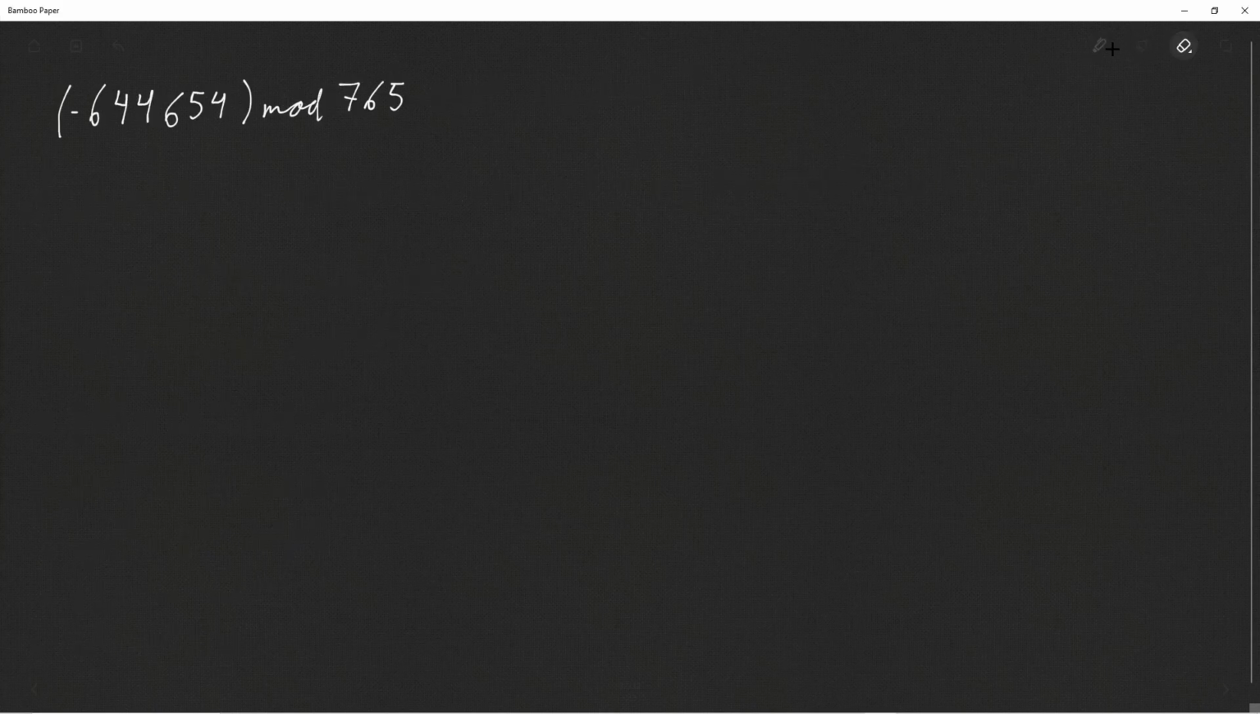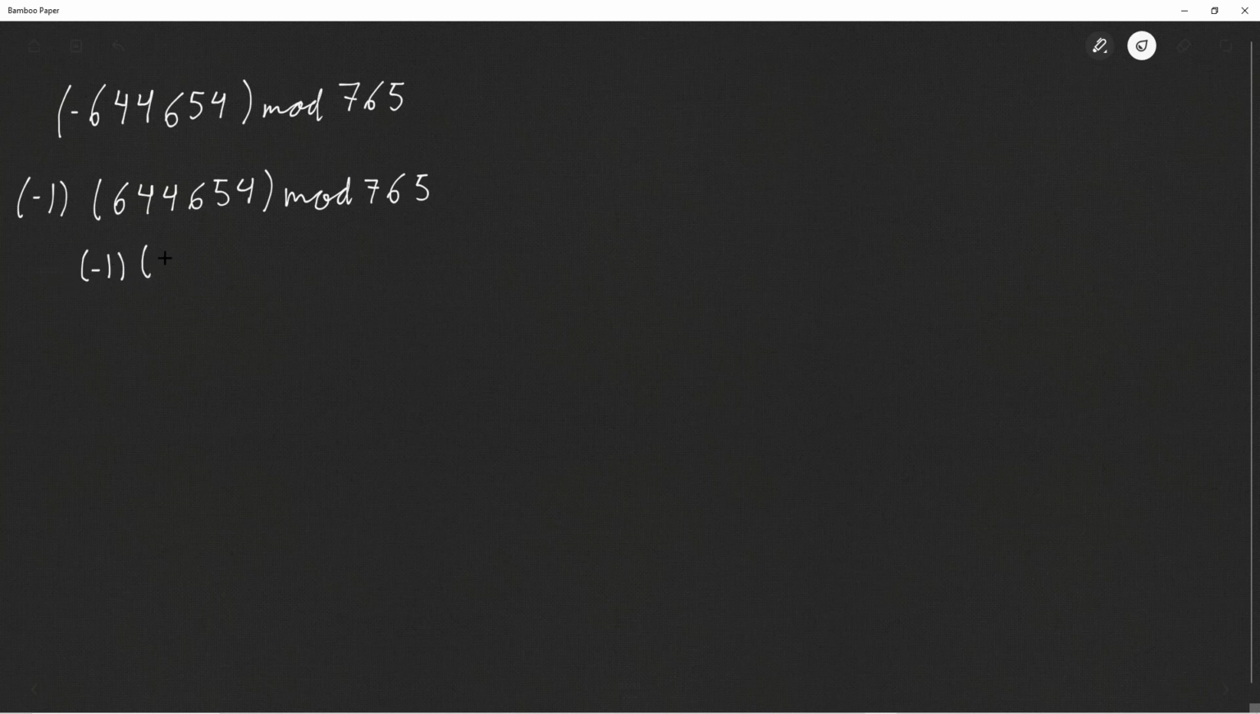And now our final topic is the modulo of a negative number. With the modulo of a negative number, we can just take out our -1 and then just take the modulo of our two numbers, which will be 644,654 modulo 765, which will give us -1 multiplied by 524. So this will give us